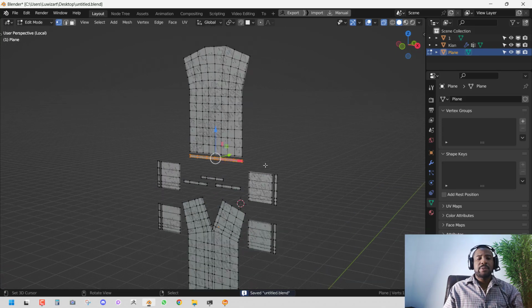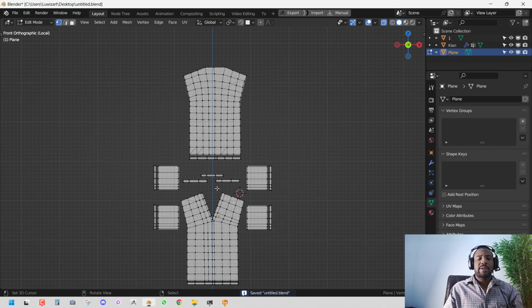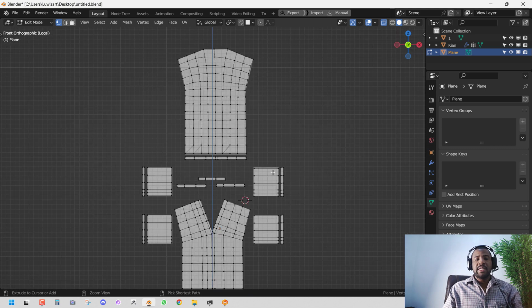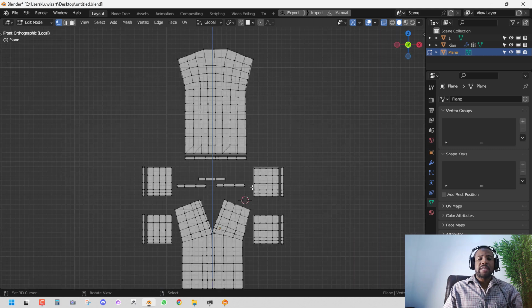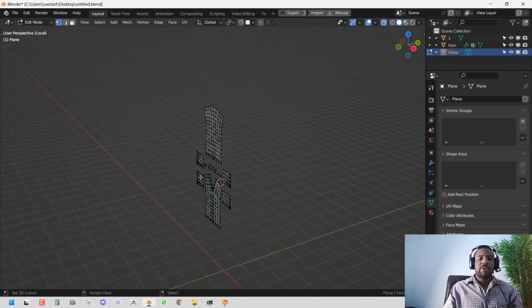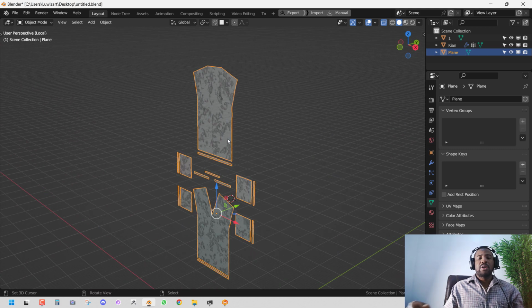Okay, so I'm done with it, and it's quite easy and fast compared to building this type of clothing manually yourself with all the details. Yeah, it's not comparable to what you just get right off the bat. So we have the cloth fully retopologized, and the next step is to basically conform the retopologized mesh onto the